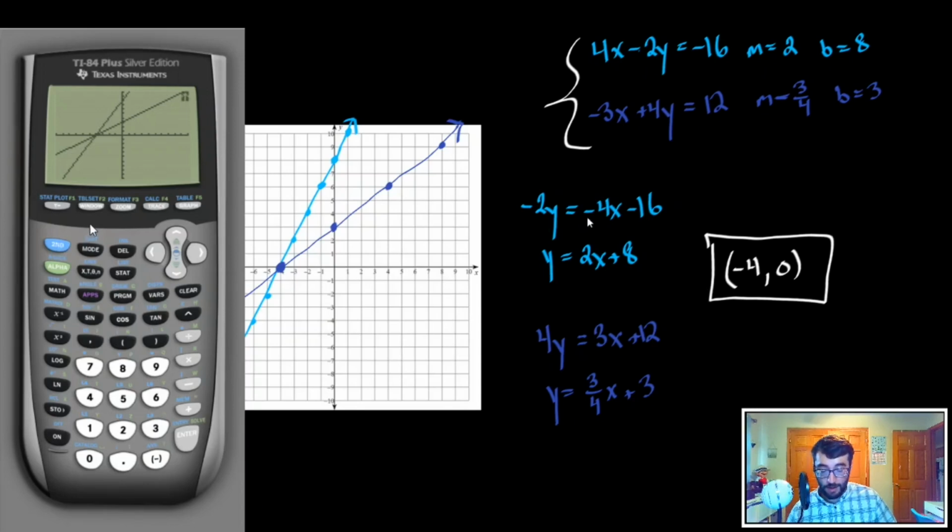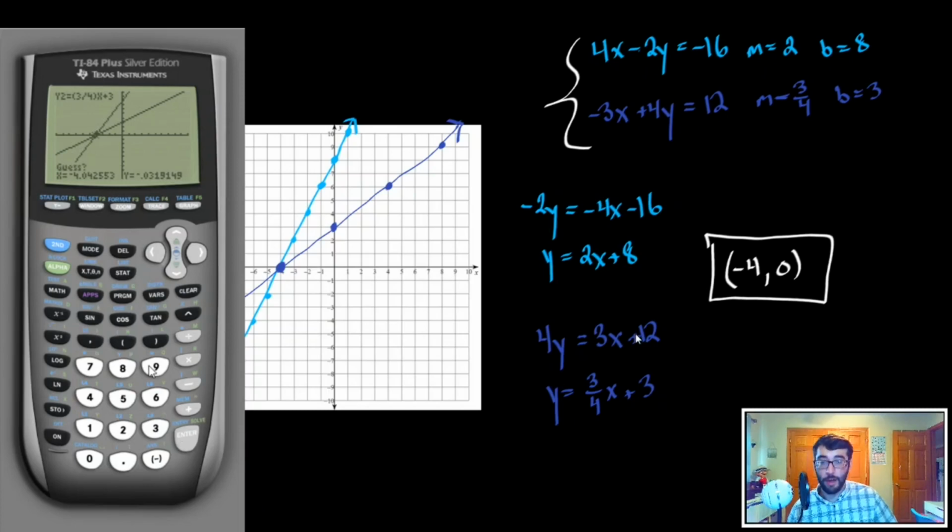So we click on second and trace, and now notice number 5 is the intersect, so I'm going to go down to that, click enter, and now it's going to say first curve, okay? So I'm going to use, now notice we're on this line right here. I want to scroll to where that solution, or where that intersection is, as close as I possibly can. So right around there looks good. I'm going to click enter. Now it's going to say second curve, question mark. It's like, hey, where should it be? You already should be over it, but if not, just make sure you get back over it and click enter